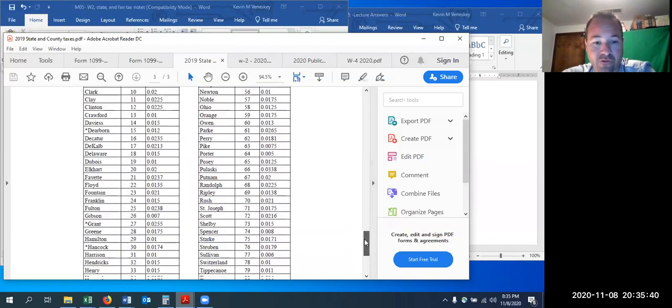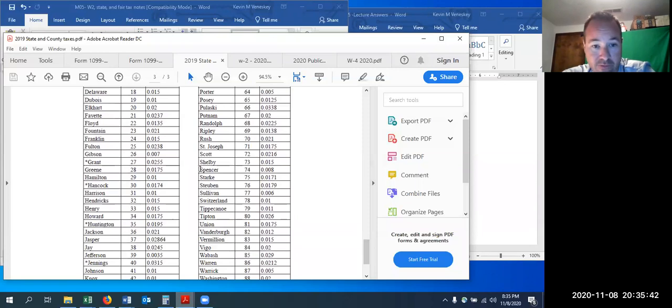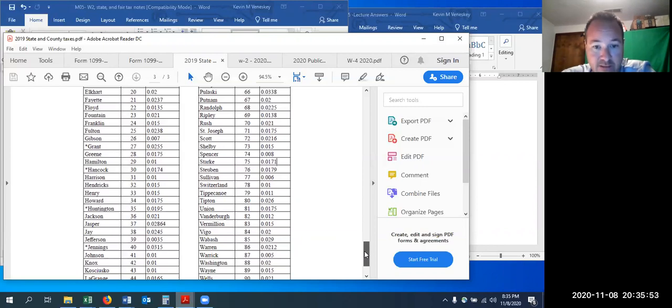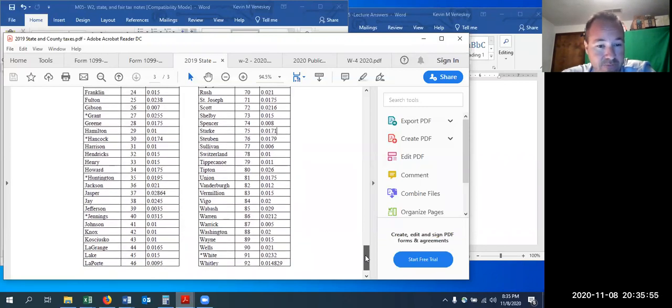And so you'll scroll down and try to find the county where you live. You can see, oh, Spencer County, they must not have very good roads at all, 0.8%. So not that much goes into Spencer County. That's one of the lowest ones, just at a quick glance. LaPorte County, that's pretty low, 0.95%. Oh, Jefferson County, that's really low too, even lower. Sullivan County is pretty low. All right, so some of you are in some of those counties that I just mentioned. Gibson County is pretty low.